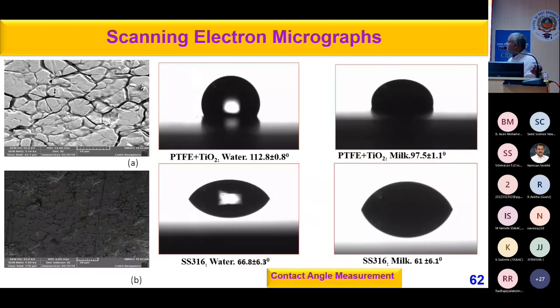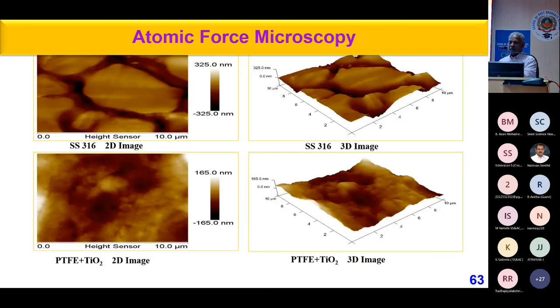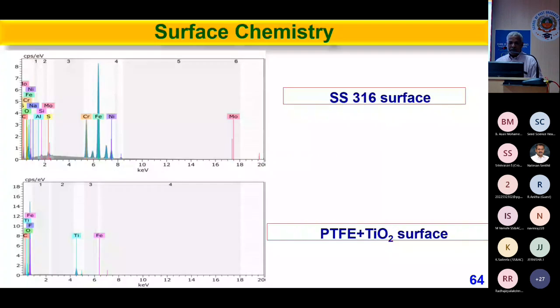This is the original SS plate, which is polished. Under the microscope, it looks like the top left image, and still it has cracks. But when you use a nanomaterial, you can see very thin cracks are there. So that is a difference, and that can be seen in the AFM image also here. And this is the surface chemistry. We have done that